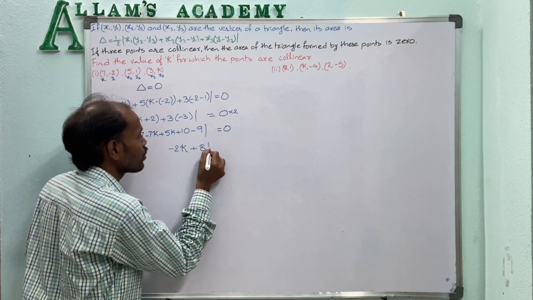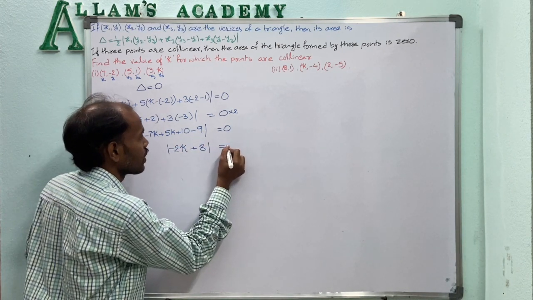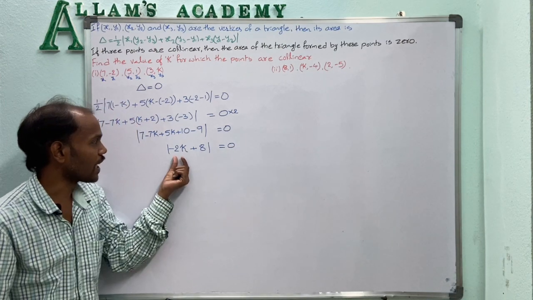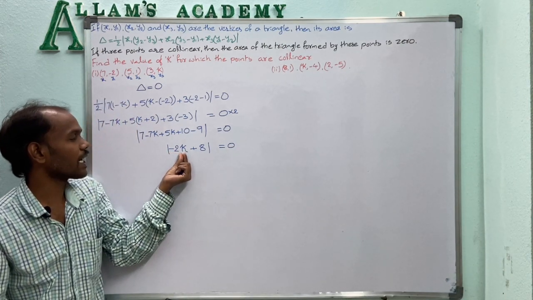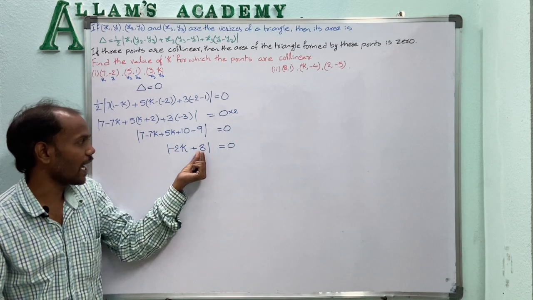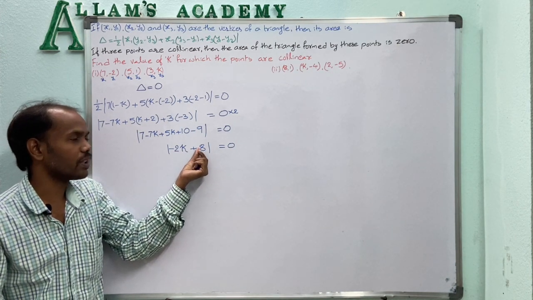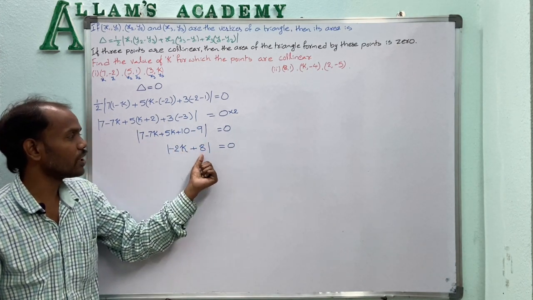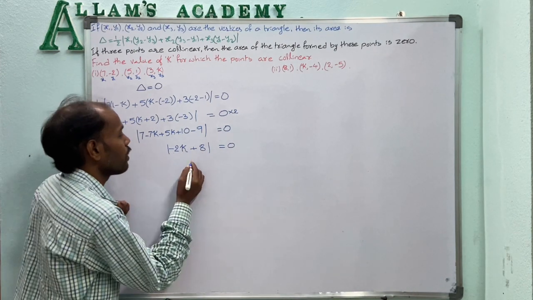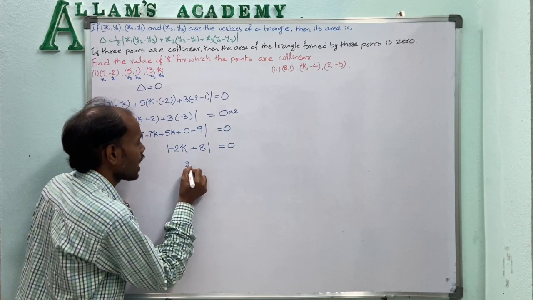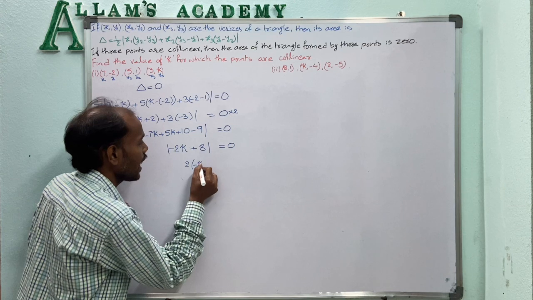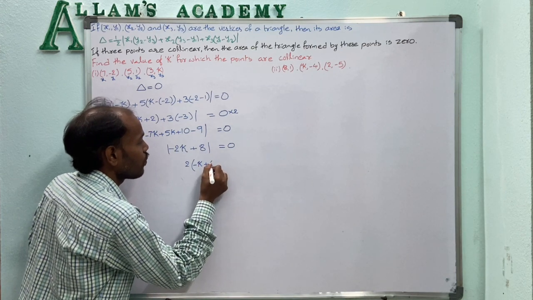So minus 2k plus 8 is equal to 0. Now minus 2k can be written as minus 2 into k and 8 can be written as 2 into 4. So in this both, minus 2 will be taken as common, that is minus k plus 4